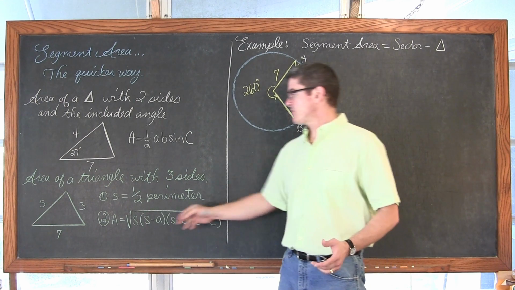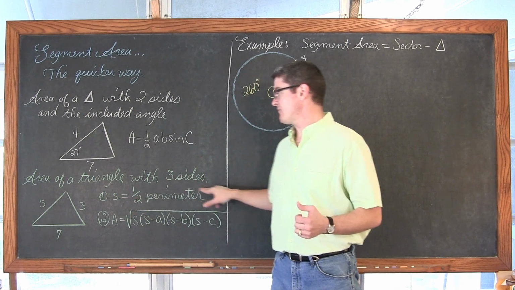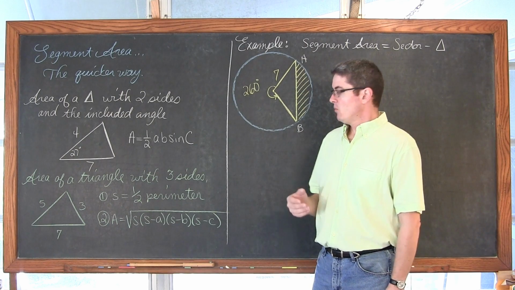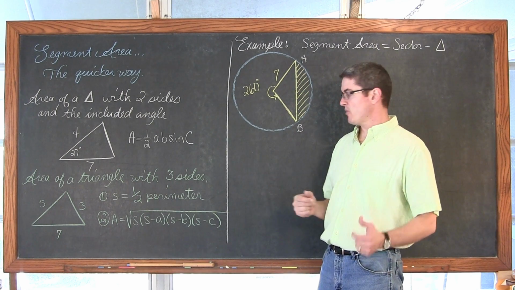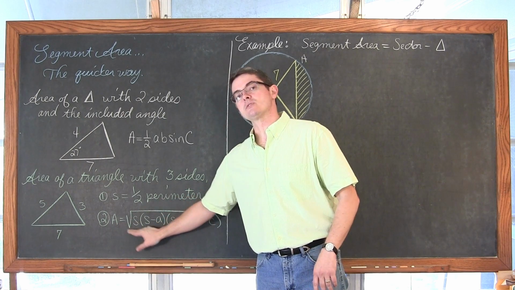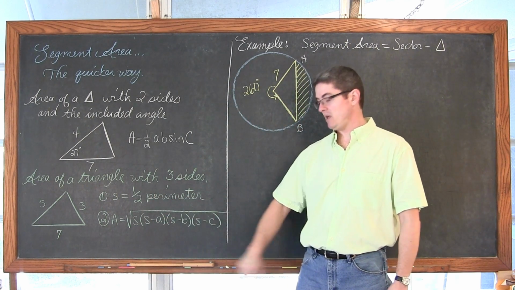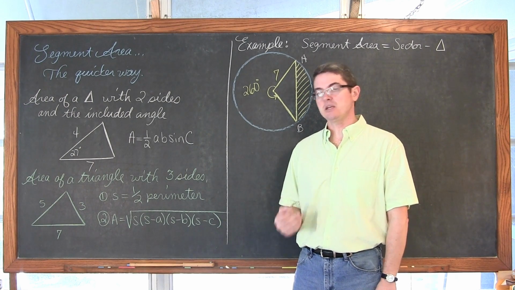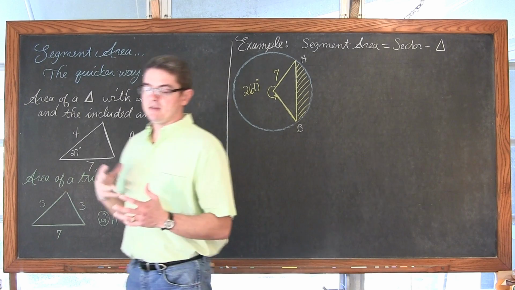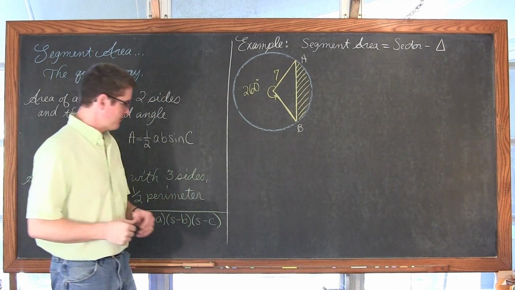The first thing you're going to do is find this variable called s. With Heron's formula, s is equal to 1/2 the perimeter. So you would take these three sides, add them up, and divide by 2. Once you know what s is equal to, half the perimeter, the area formula, these go together, you have to do both. The area is equal to the square root of s times s minus a times s minus b times s minus c. And these two formulas are very nice because they really speed up the process of finding the area of a triangle if you're not given some of the nicest information.